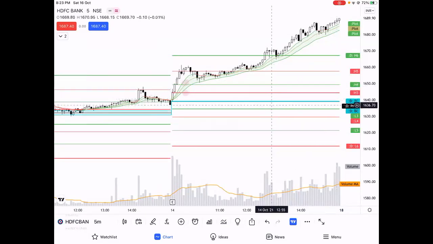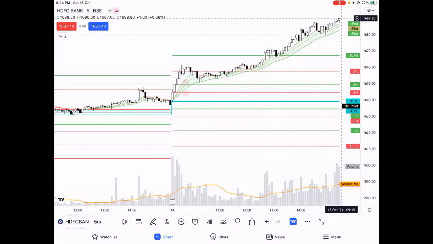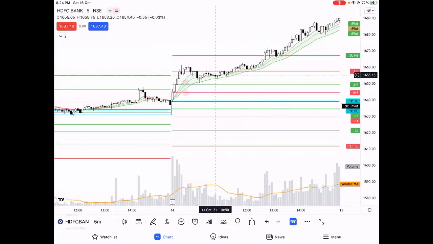That is one at 1 o'clock, right? You might have taken it here. Or second, you might have taken it at the end of the day and still it was green. It gave you around 0.3, 0.4%, right? Or in terms of points, it gave you 5 points, right? If you are futures traders, then 5 points can give you a good amount of profit, correct? So this is a simple setup which you can use when you are using pivot as your core setup,